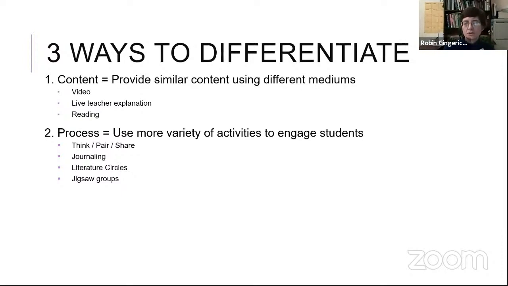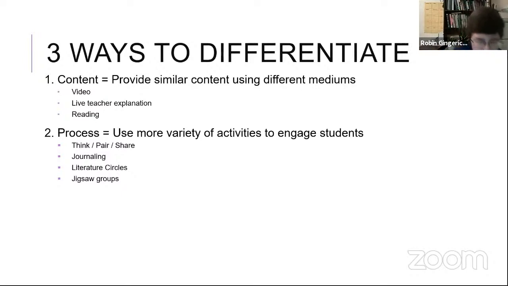Journaling or literature circles are ways that we break up the content into different pieces. And every once in a while, you'll realize, my strongest students really don't need a jigsaw group, and I'll describe jigsaw groups later. They can do this on their own, but the medium students and my struggling students would really benefit from reading this text together. So I'll get to jigsaw groups if you stay with me in a second, and I'll get to those.